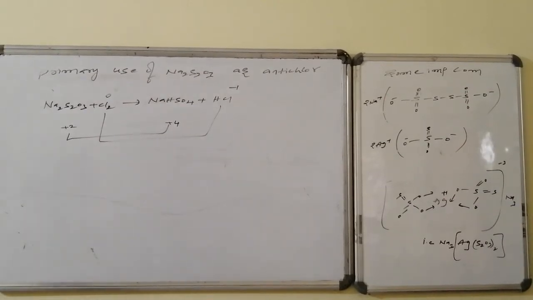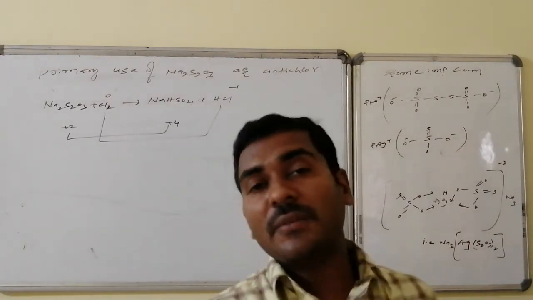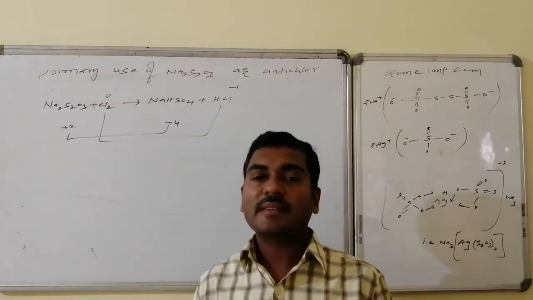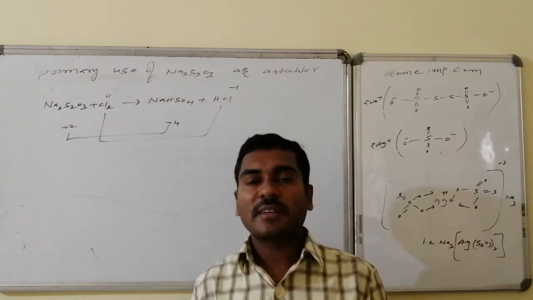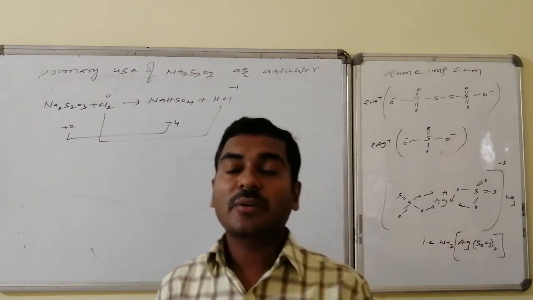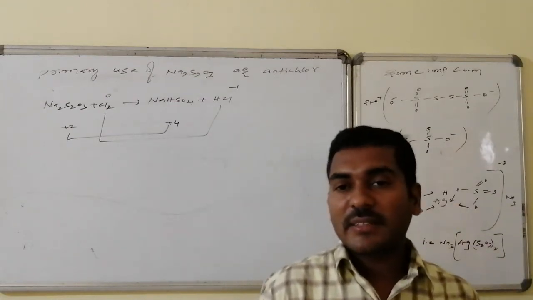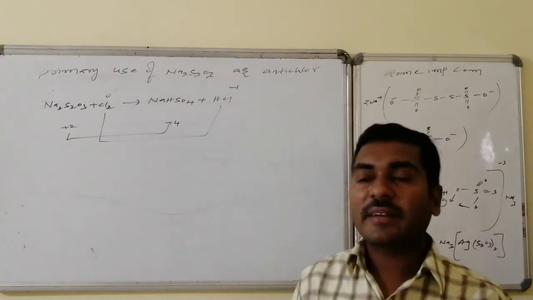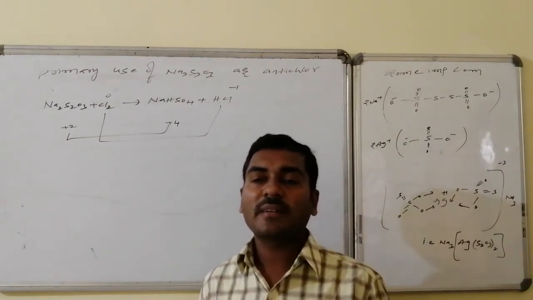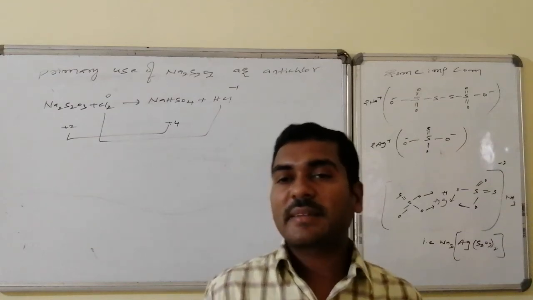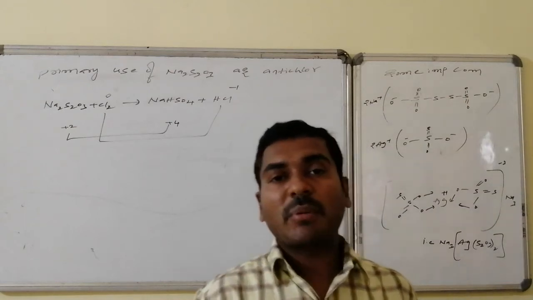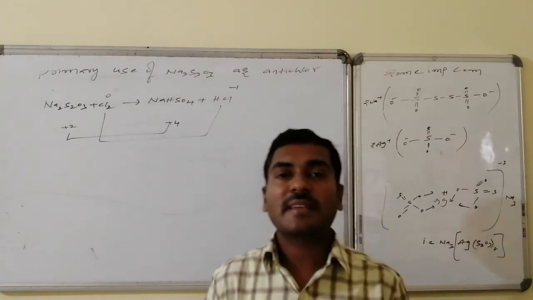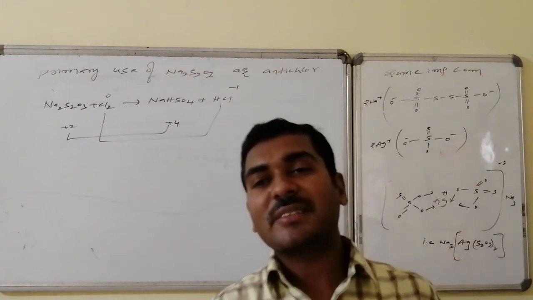The primary use of sodium thiosulfate is as an anti-chlor. Anti-chlor means a substance for the removal of chlorine. The fabrics woven in the industries are washed with chlorine, as a result of which chlorine traces are present over the fabric. If chlorine traces remain on the fabric, they once again damage it. Before marketing, these fabrics must be made free from chlorine. That is, we require a chemical capable of removing chlorine, and that is known as anti-chlor. That anti-chlor is sodium thiosulfate.